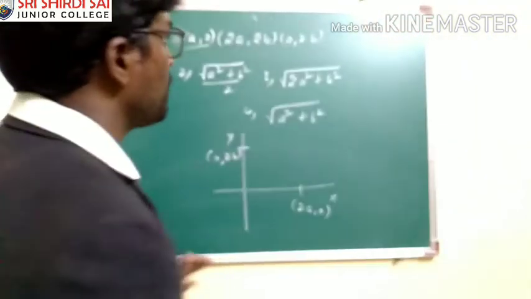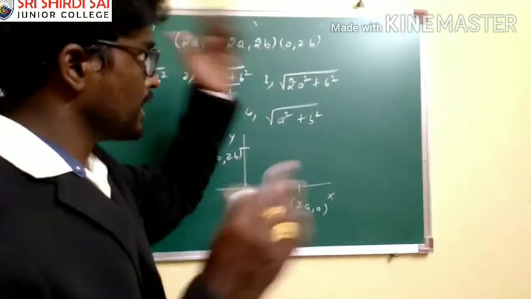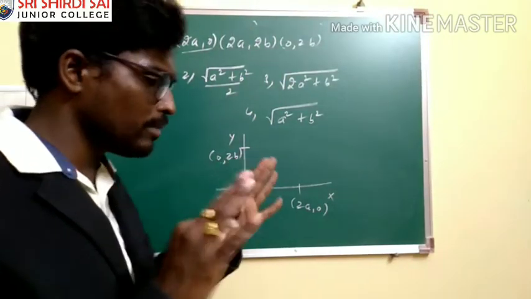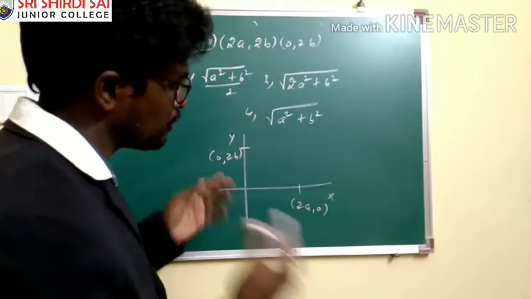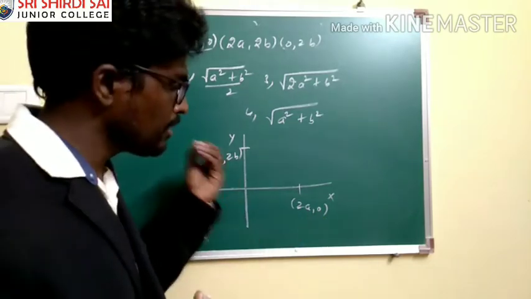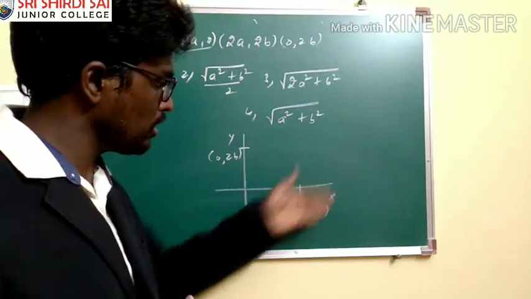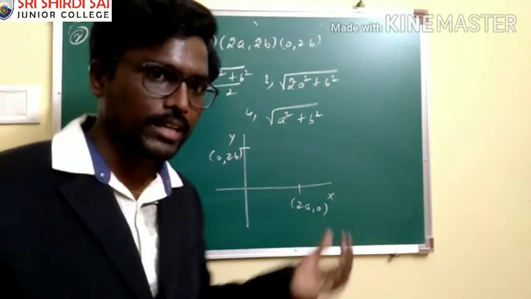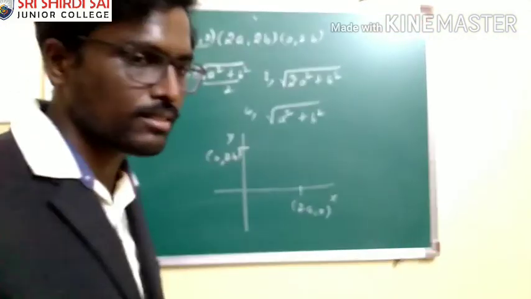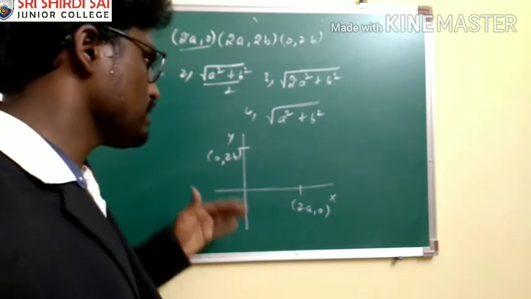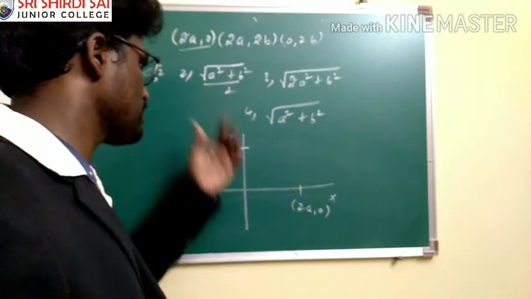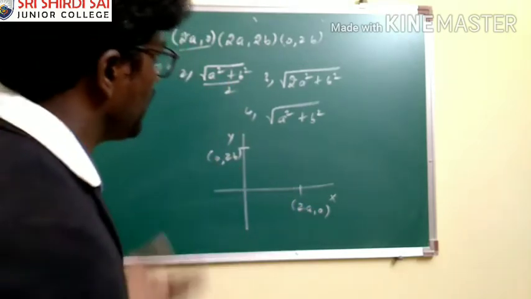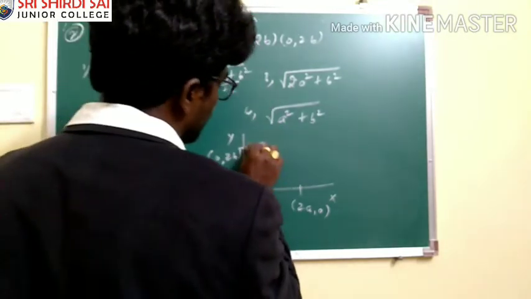But here when you see the coordinates, we can understand easily that it is going to be some special type of triangle, which we can understand easily by making a small figure for this. 2a comma 0, in the sense y coordinate is 0 and hence that point lies on the x-axis. 0 comma 2b, in the sense that lies on the y-axis because x coordinate is 0, and 2a comma 2b means